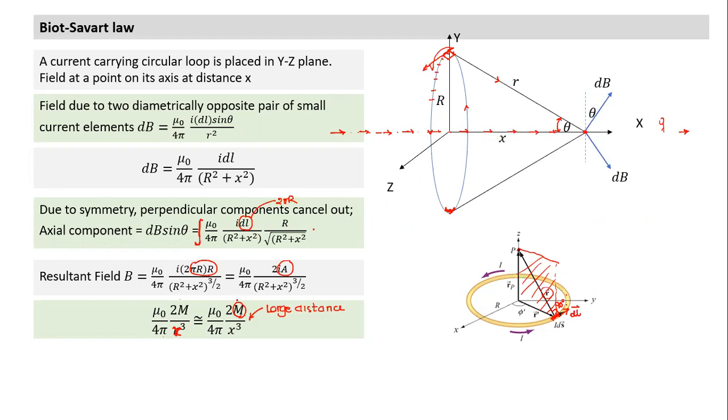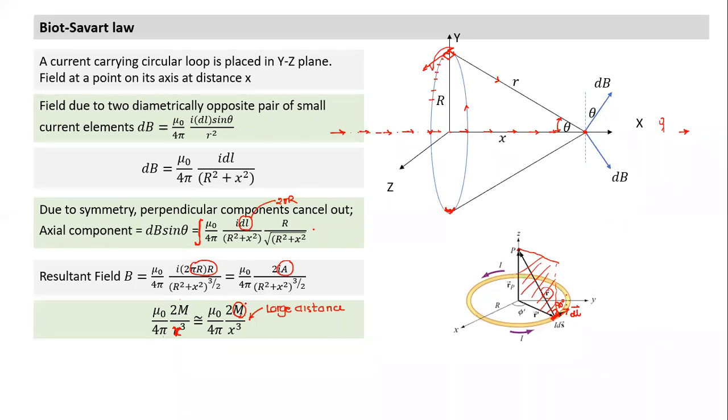M vector is current into area, or any current carrying loop is a magnetic dipole. Dipole we'll deal with in several steps. There also we had 5 properties of electric dipole. Here also we'll deal with 5 properties one by one. So today, first time we are coming to magnetic dipole, which is current into area. And what is the direction? By right hand thumb rule. So if we curl our fingers along the direction of current,